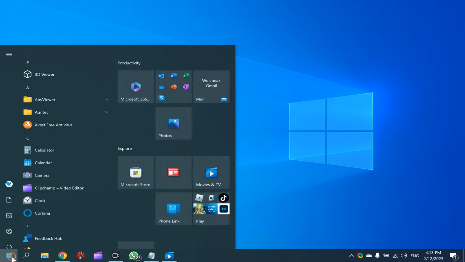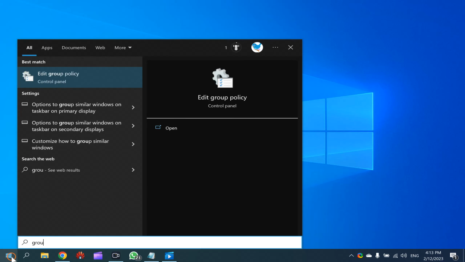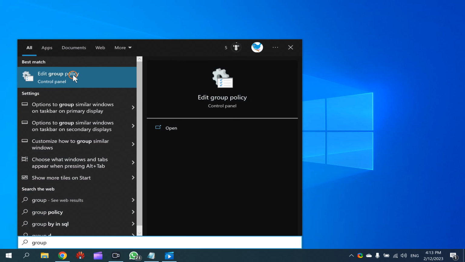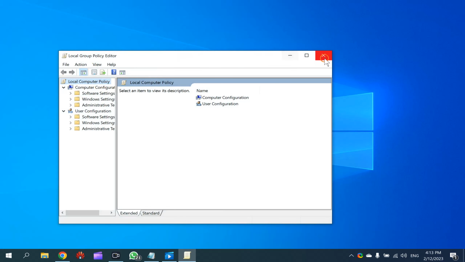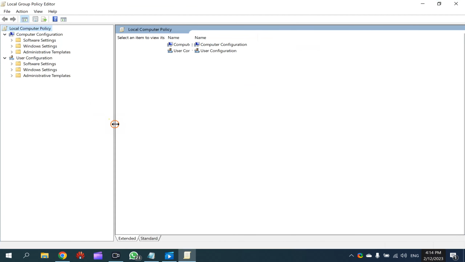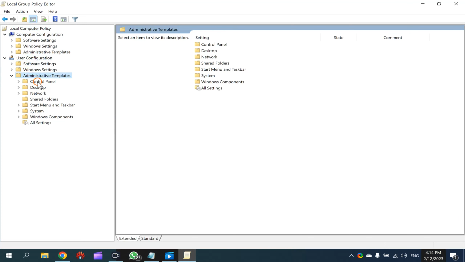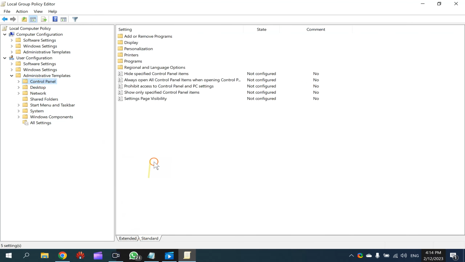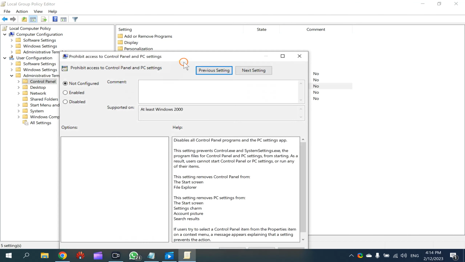For that, click on the Start button, type Group Policy Editor, and here click on Edit group policy. Then select User Configuration, double click on Administrative Templates, then select Control Panel. On the right you will find several settings. Here you need to select Prohibit access to Control Panel and PC settings and double click on this one to